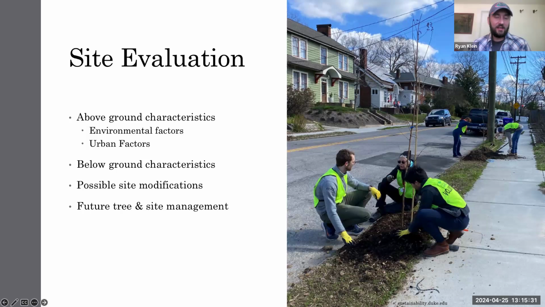And then, if that's the site for you and you're really wanting to plant there, are there any modifications you can make to the site to improve the potential establishment and success of that planting? Potentially things like moving lights and wires, soil amendments, improving drainage, stuff like that. And then you also want to think about what you're going to have to do to that tree after it's in the ground. So irrigation, pruning, fertilization, pest control, potentially.